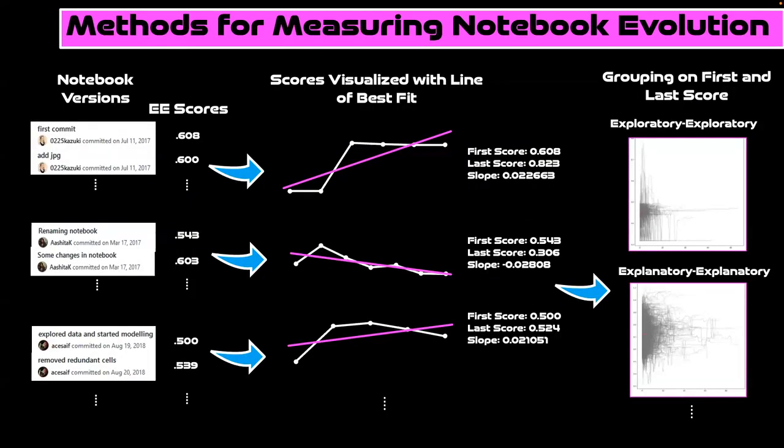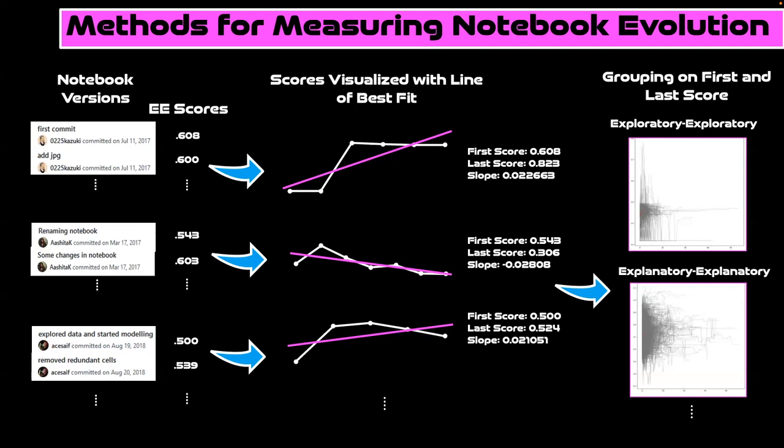Since analysis is an inherently iterative activity, we wanted to figure out if we can detect iteration using changes in notebook metrics as a guide. To find this, we constructed a time series dataset with 2,574 notebook versions. Then we automatically scored each version with the linear regression model from the previous part. We grouped notebooks based on the first and last scores in their series.